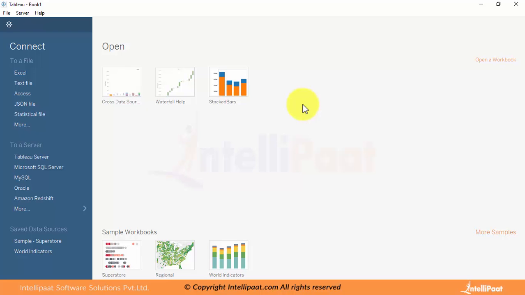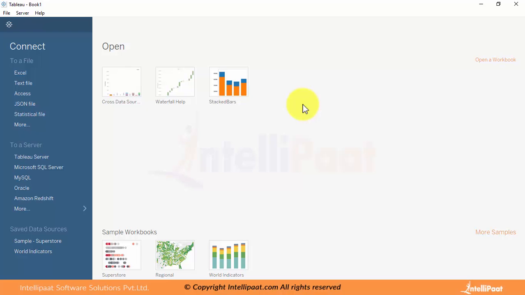In Tableau 10, the first foremost thing they have introduced, based on analytics, is some concepts like clustering and highlighter, creating custom territories, and in bar charts they have introduced some new concepts. Also the maps we create, the map reports have been advanced.